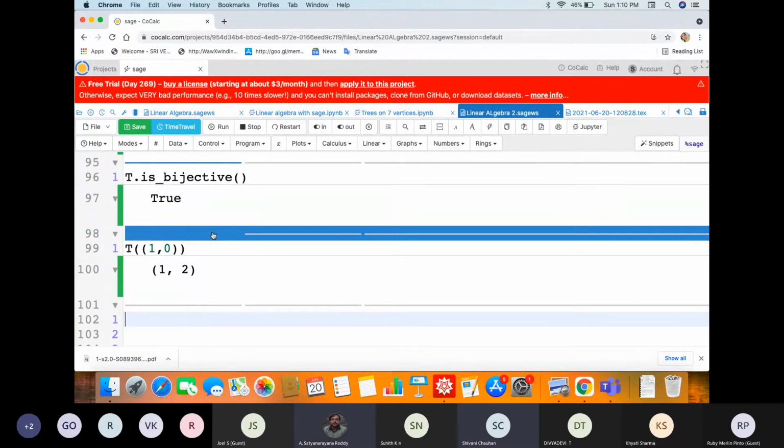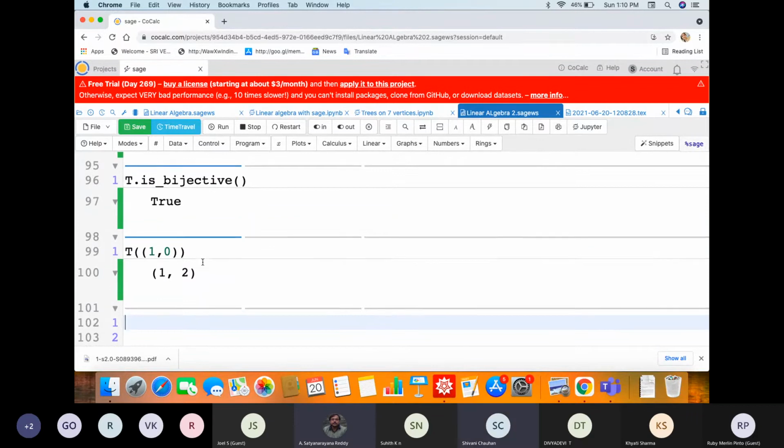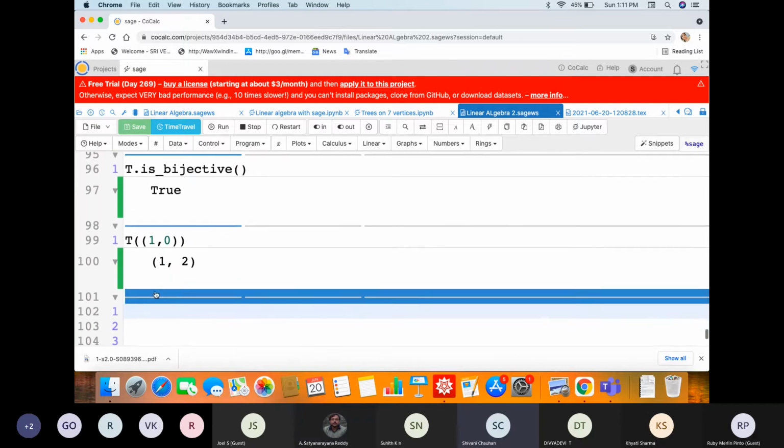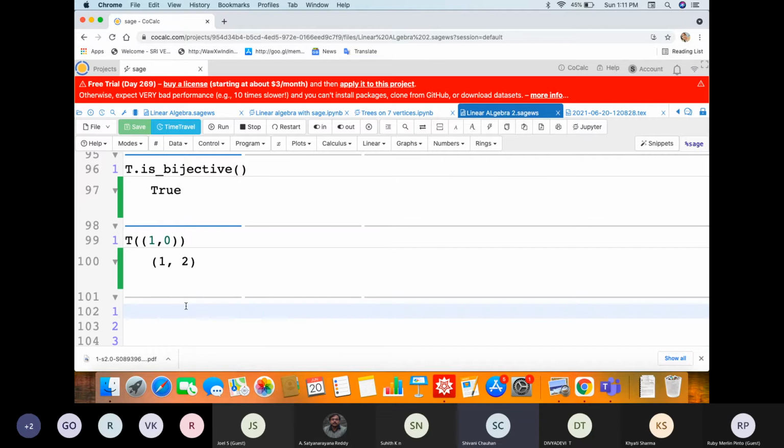So what is a map? Can I find out, Shivani? Yeah, map. It gives the domain and codomain. No, I want T explicitly. T of (x, y), where x and y are variables. Yes, sir, that is a little long procedure. There is a way, you can check it explicitly, but right now...